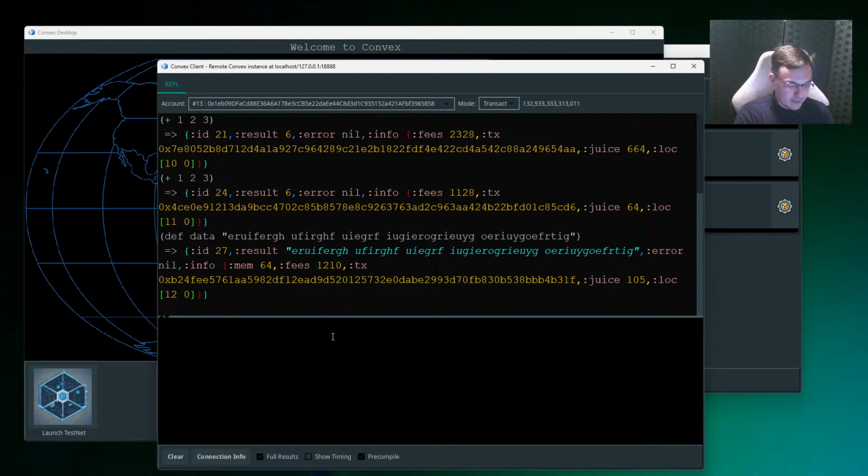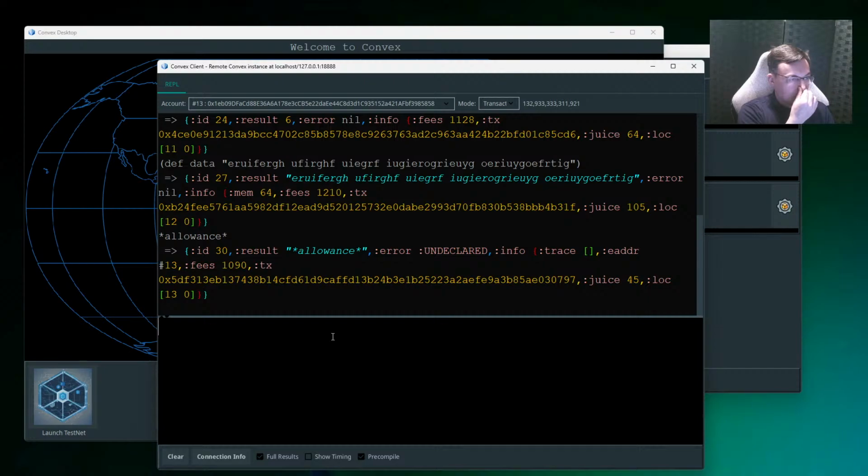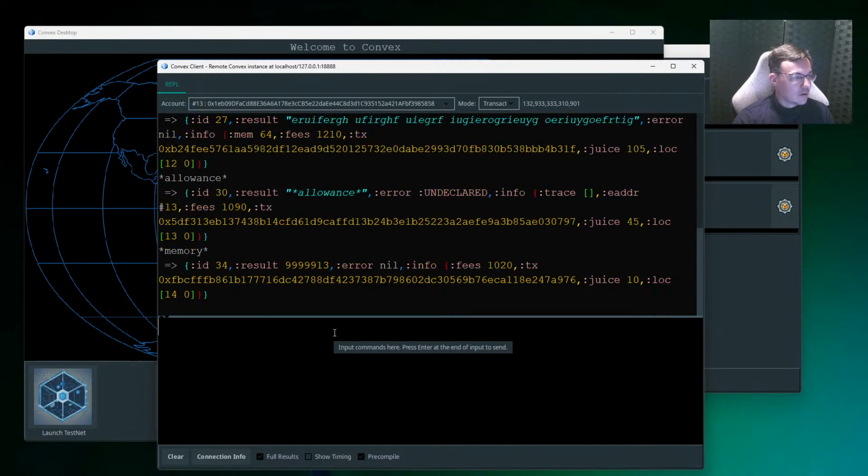But if I just take my allowance, sorry, memory. So my memory is like 9 million. So I've got quite a large memory allowance in this account. I'm not getting extra fees for memory in this case, but it would use up some of my memory allowance if I do defines. If I undefine that,